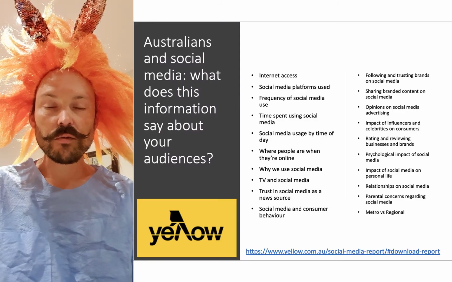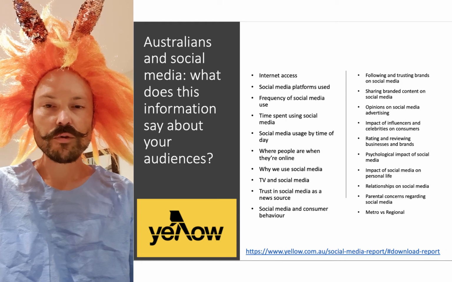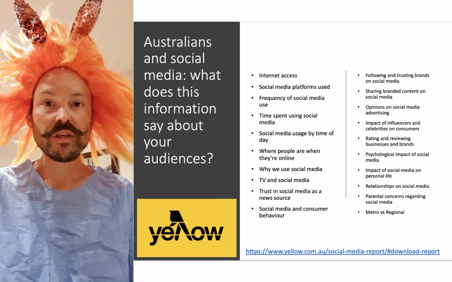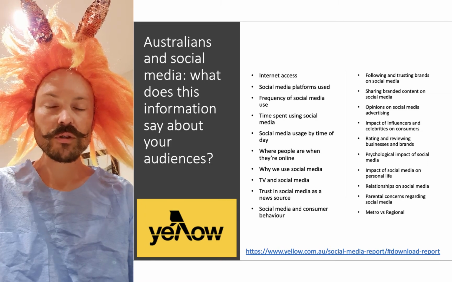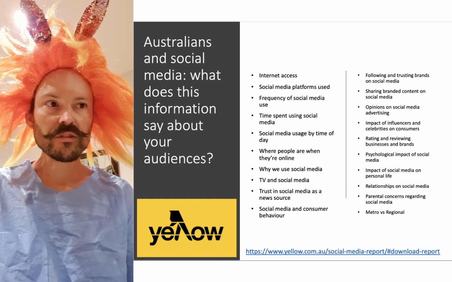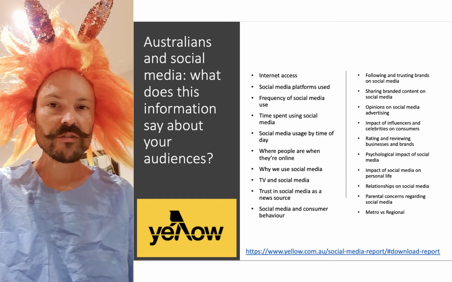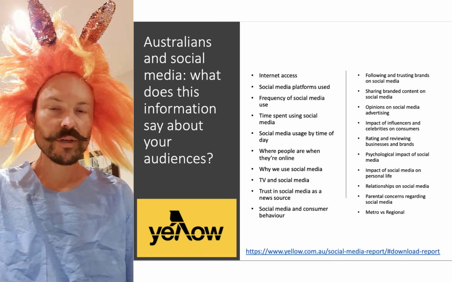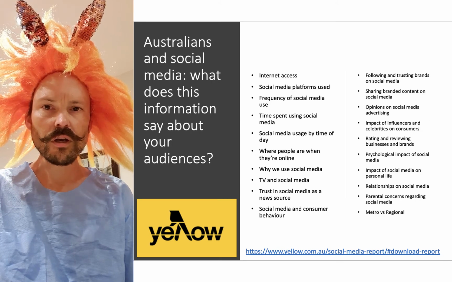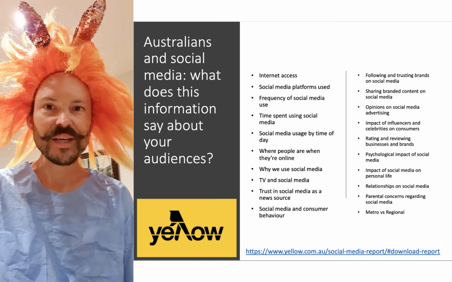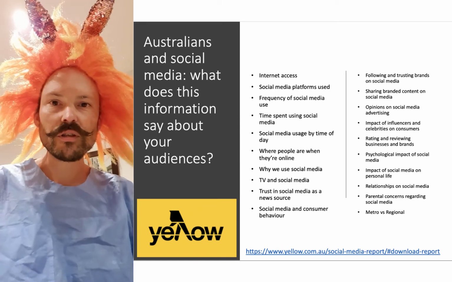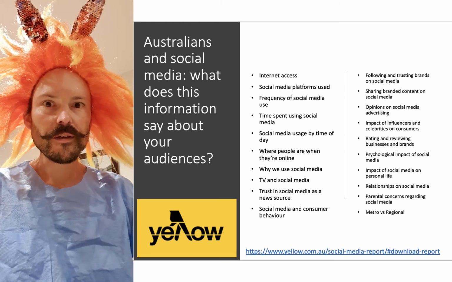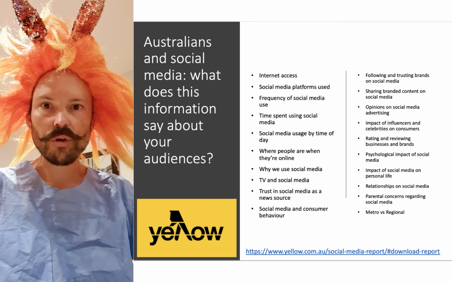Now, the Yellow social media report is full of useful information for you. So I really recommend that you have a good and long look at the information that's there. It's something that's very useful when creating a social media marketing strategy. So on this slide, I basically just put up the headings from the report, so some of the information that's on there. I'm not going to go through each page or each chart in the report and comment on the numbers, but I think that you should do that, and that's something that you could write a blog post about,